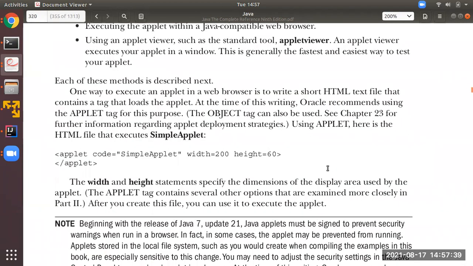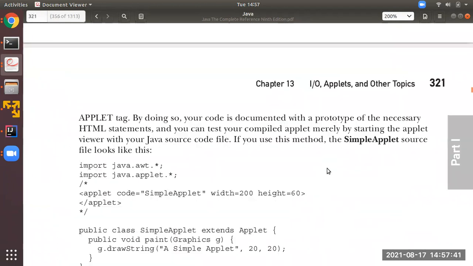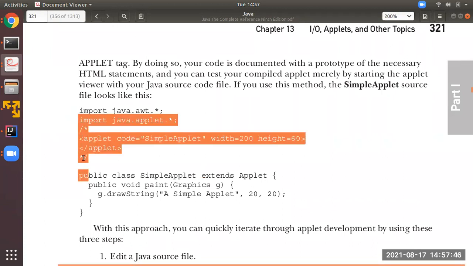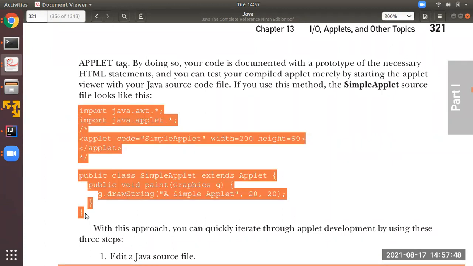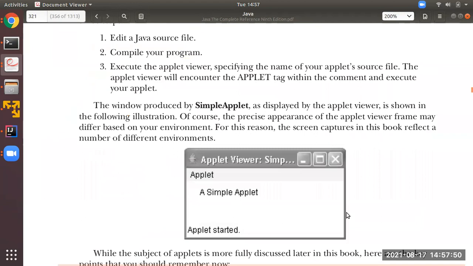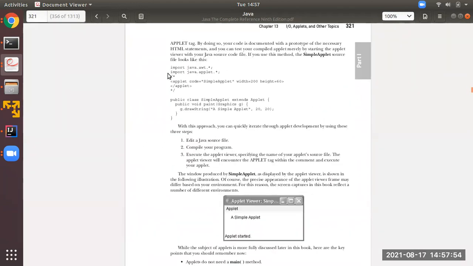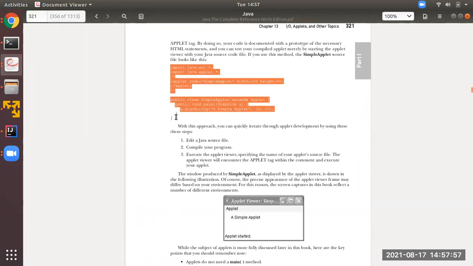I'm just scrolling down over here. You just observe here. This is the program, and this is the output of the program. Let me open the program on my computer.